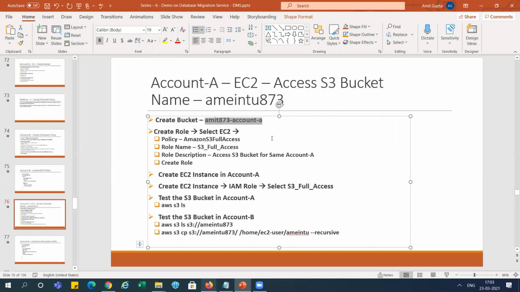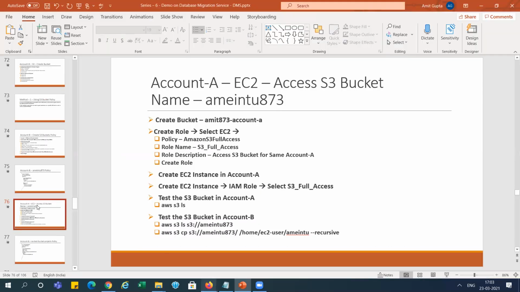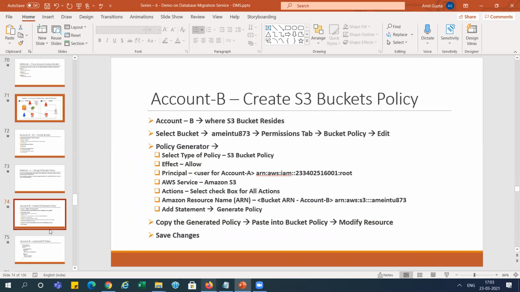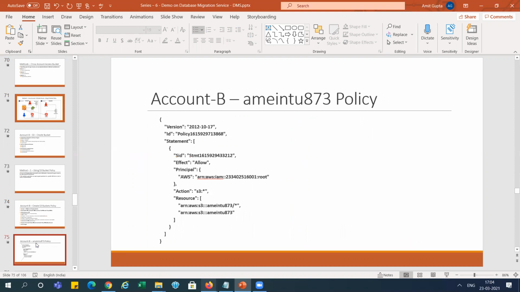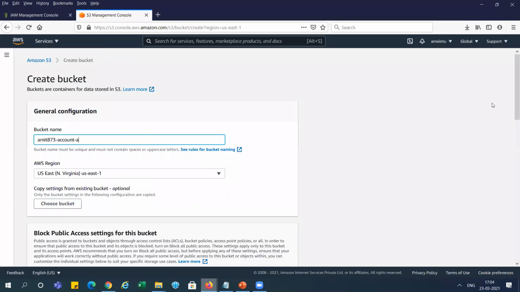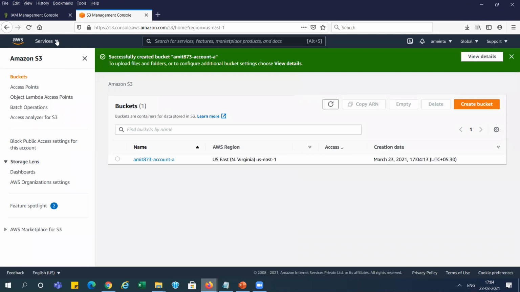So I am going here, because we will check why I'm creating this bucket. I'm telling you here in this diagram, because we are creating this bucket itself, right? We already created this one. Now I've created this bucket, right? This is a bucket. I'm going to create one bucket over there, and this is account A. I'm mentioning account A and creating the bucket, right? This bucket is created, right?